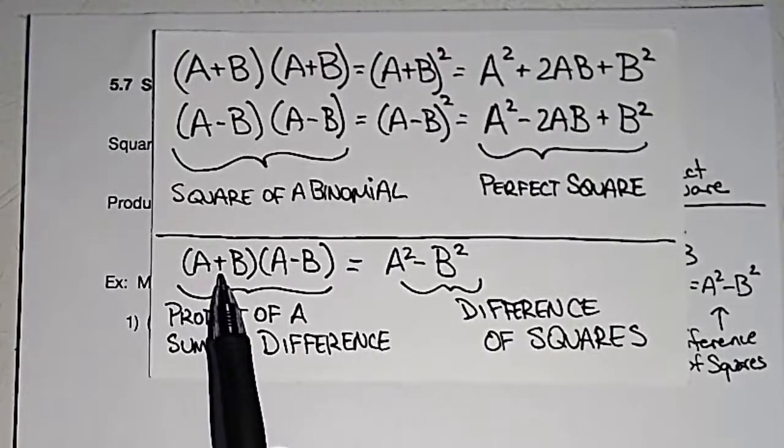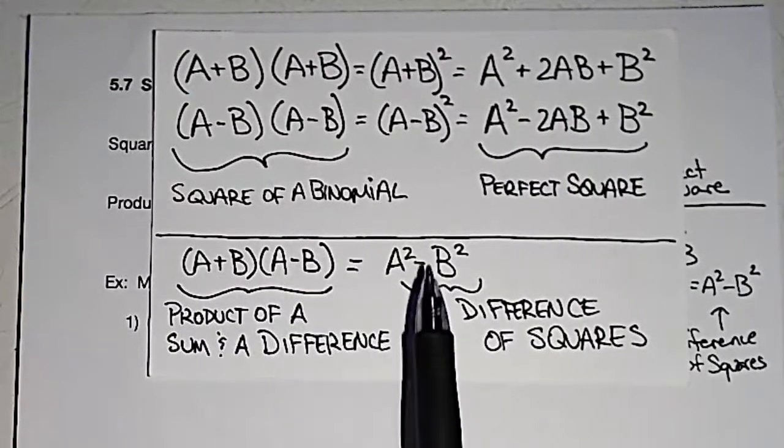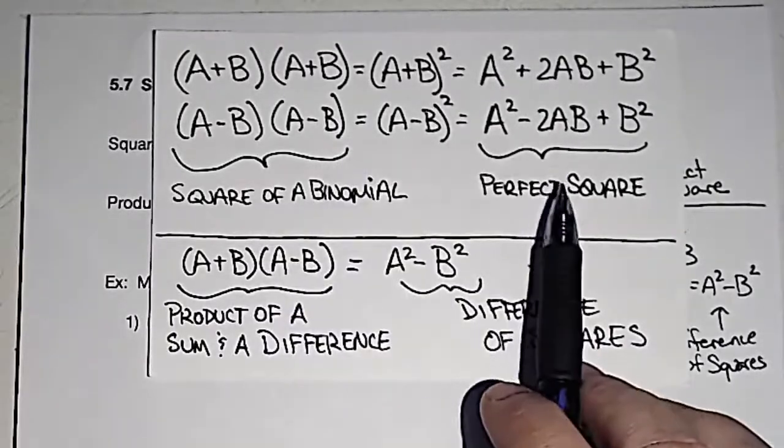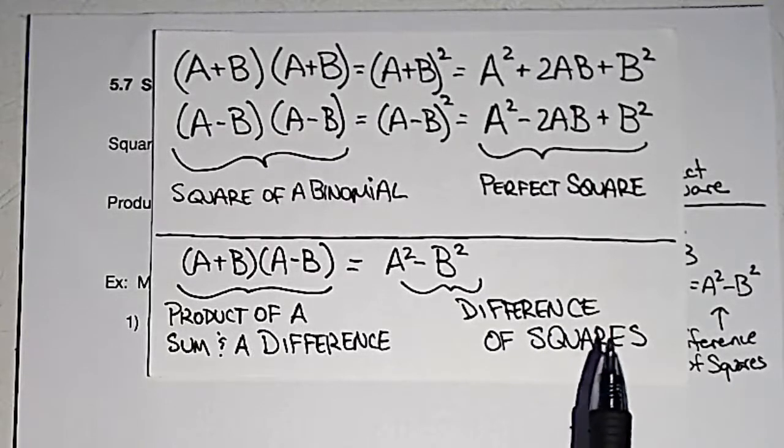Now here's the sum and the difference multiplied together, and I get the minus in the middle, a squared minus b squared. And you see I've got the two different kinds of words, the two ways that we refer to